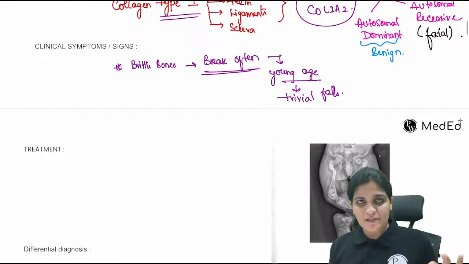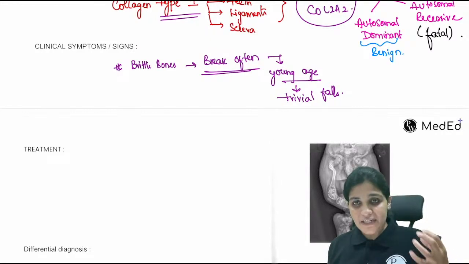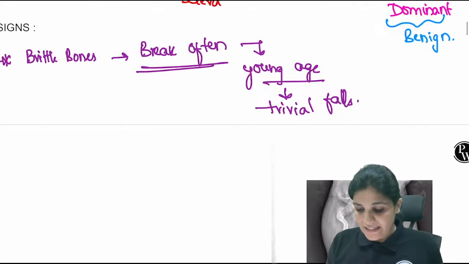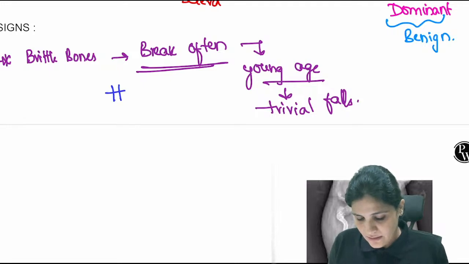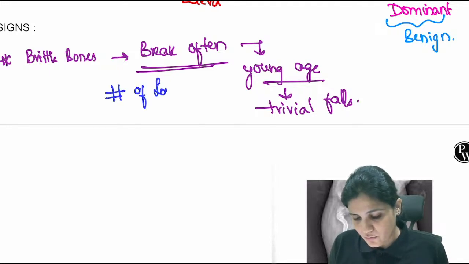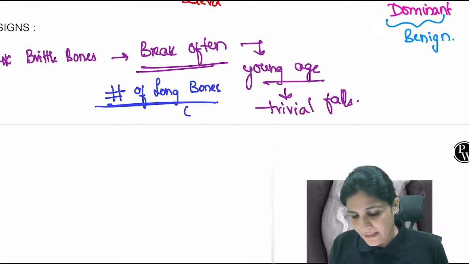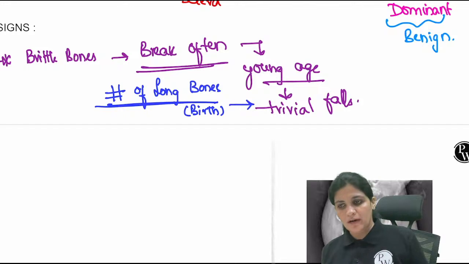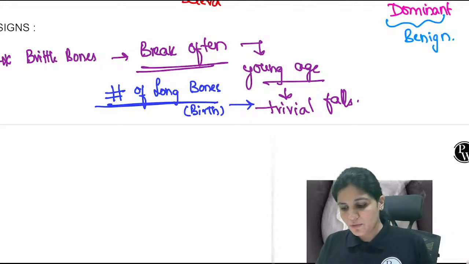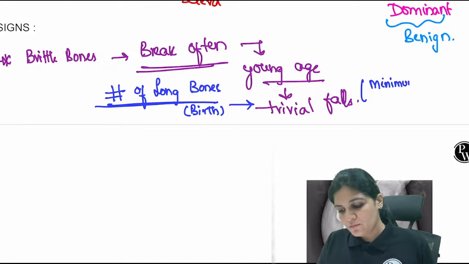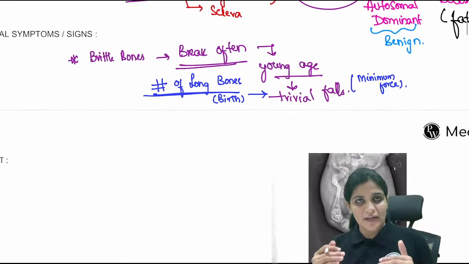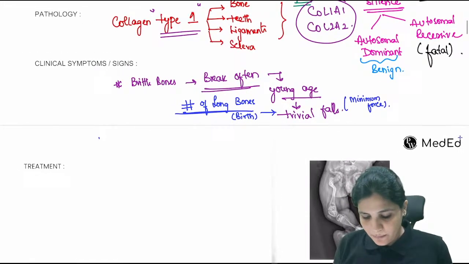Then the clinical signs and symptoms: the patient usually comes with brittle bones, that is fractures. Fractures of long bones by birth, and later on, once they start walking, even with trivial falls. What do you mean by trivial falls? Just minimum force, and the bones will get fractured. But what is very important here,